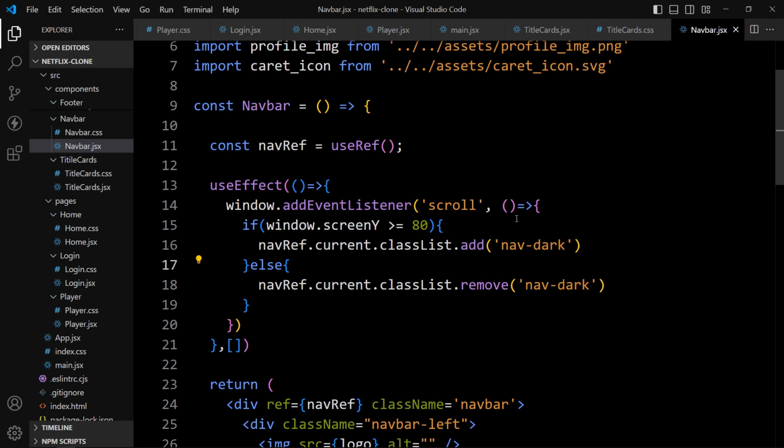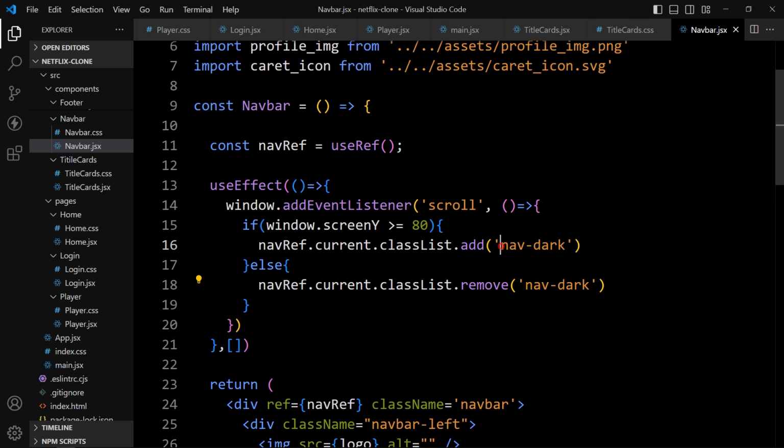So whenever we scroll the web page, and if the scroll is greater than 80, then it will add one more class name nav-dark in the navigation bar. And when the scroll is less than 80, then it will remove this class name.